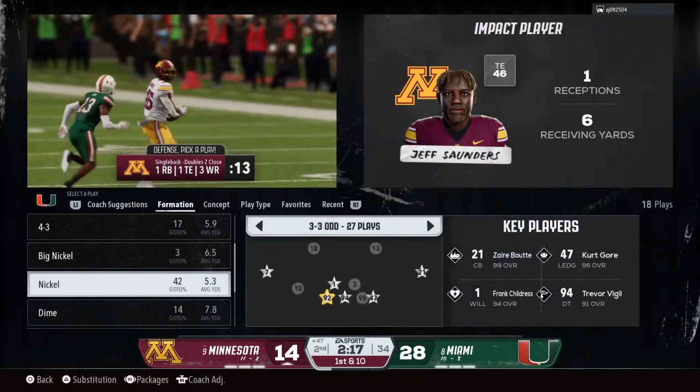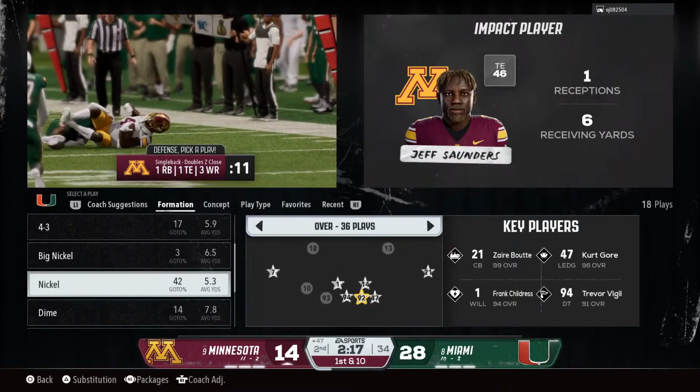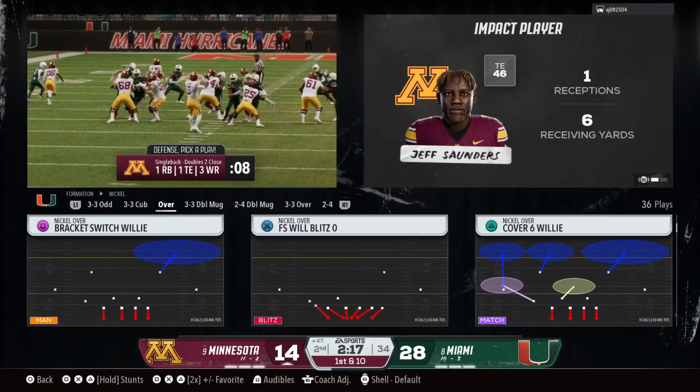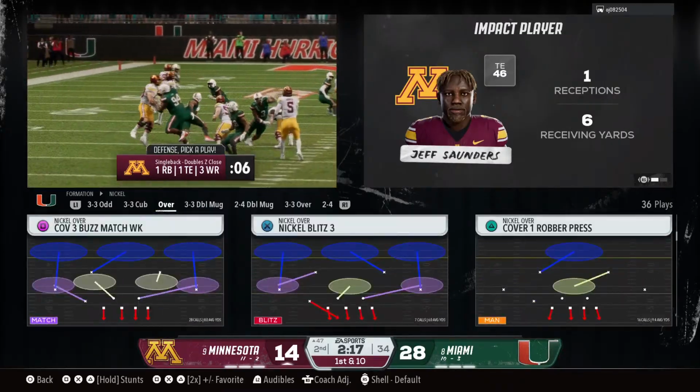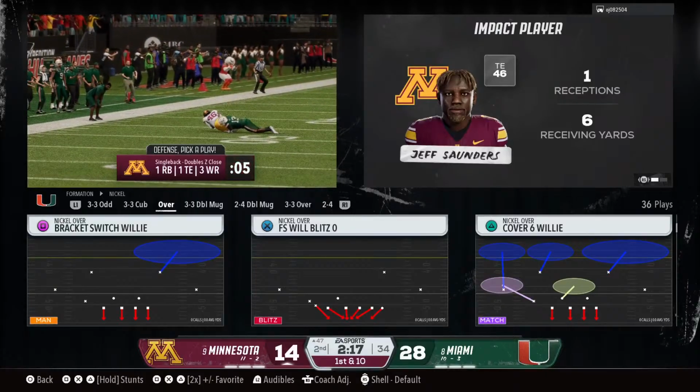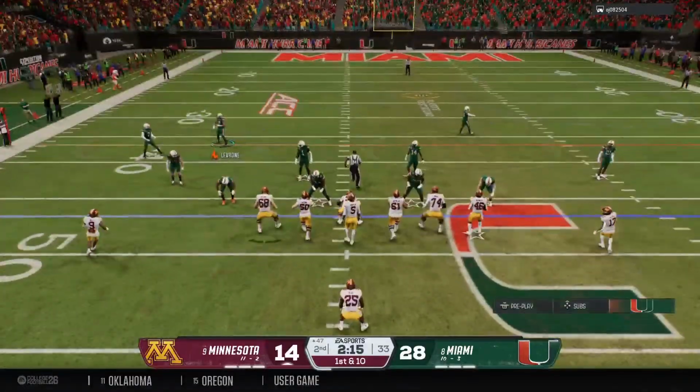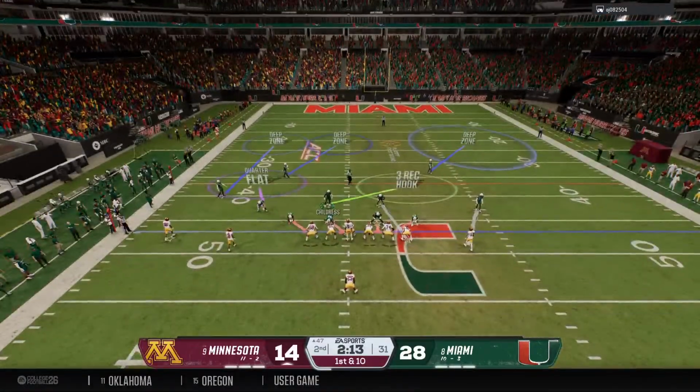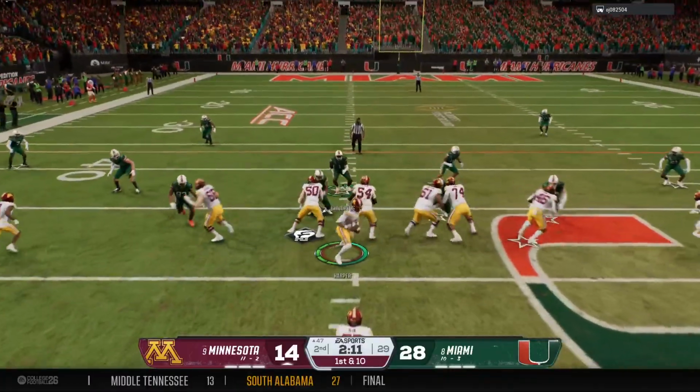Listen, to be able to get to a playoff opportunity, your offense has got to be able to show an ability to hit throws like this on third down. They hit it, they keep the drive alive. Now they have a chance to put points on the board. The Golden Gophers pick up enough yardage to get a fresh set of downs.